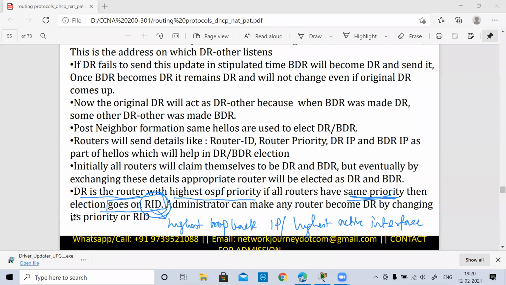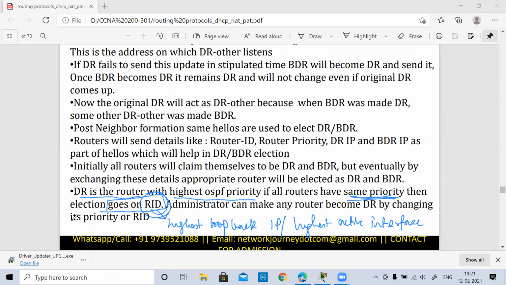It is more or less like what we understood in the spanning tree protocol: how we elected the root bridge and how we can modify that particular root bridge by changing the priority value. So over here also, if you want only a specific device or router to become DR, then just go and modify that priority. The highest priority one will get the first preference, so that it itself becomes the DR.